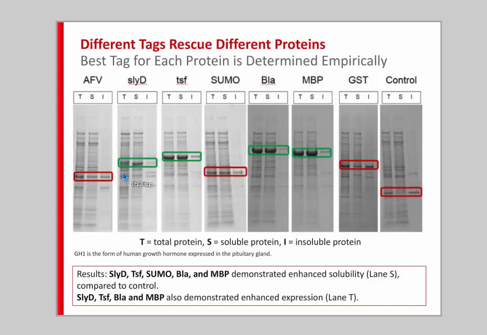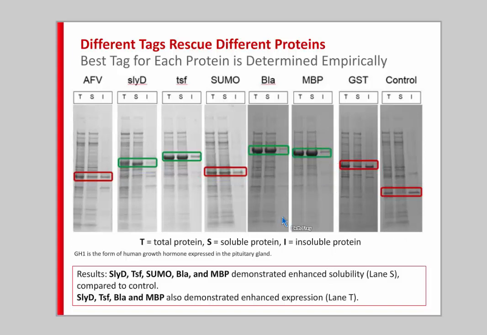And we need to keep in mind that because we can't necessarily predict which fusion will work best on any given protein, the best tag really has to be determined empirically for each individual protein. So if you just take a minute and think about how much work it would have been to test all of these tags at one time, or to test each tag on a completely different expression vector. So if you started with, say, an MBP tag on a pMAL vector backbone, you go through your cloning and